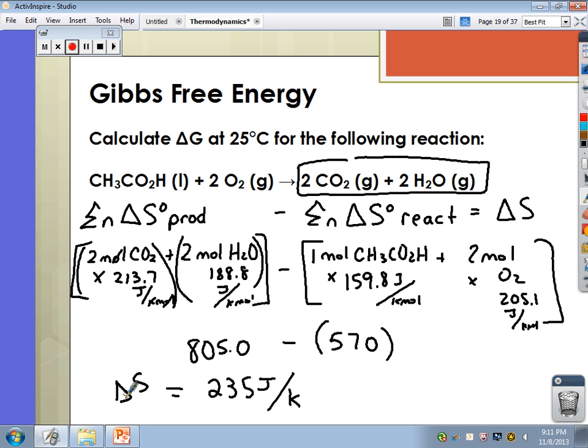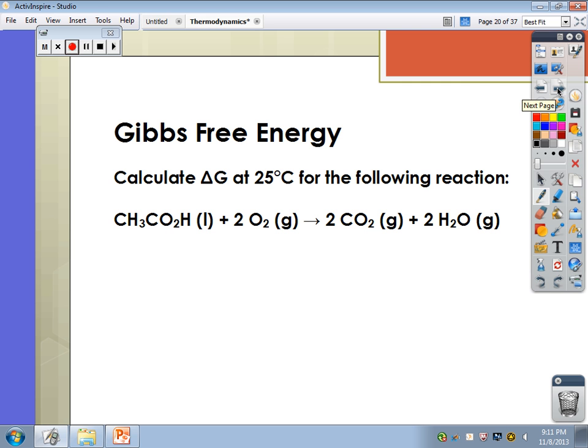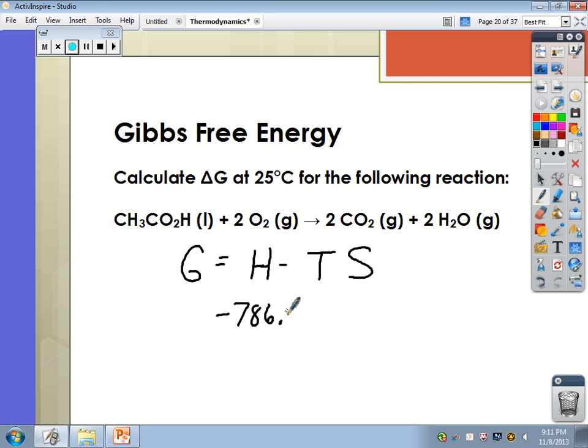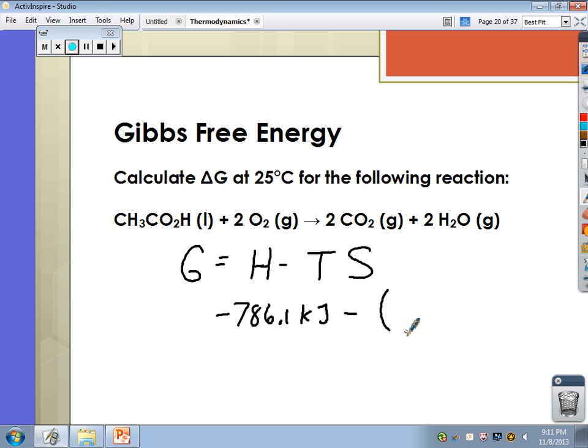Now I have a problem. Remember my problem? My problem for S is that S is in joules. So when I put it back into my equation, I need to convert that. So what's my equation for this? Go, home, team, sports. And when I actually do my math, I'm going to put in my negative 786.1 kilojoules. Minus my temperature, which is 298 Kelvin, right? Then I'm going to have to take my S value, which is 235, right, joules per Kelvin. And I can do it on the side or I can do it here. I'm going to take